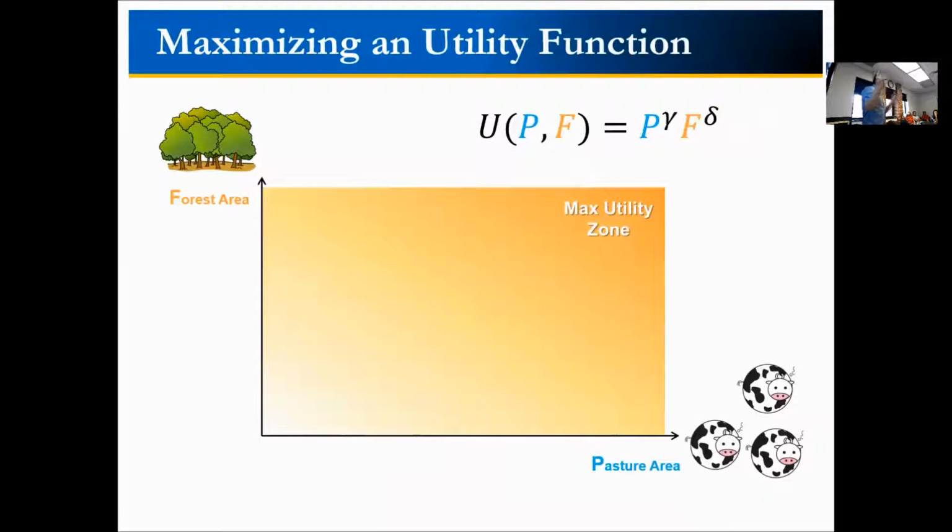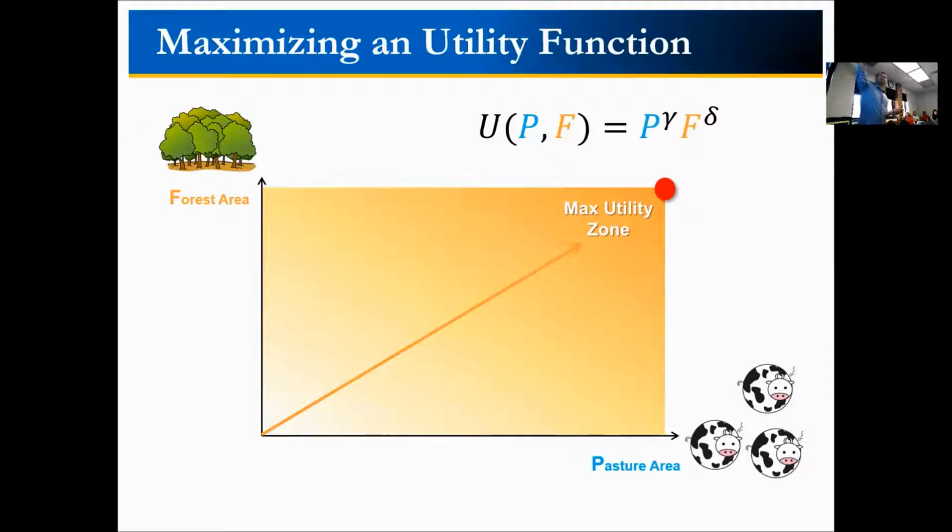But that is a fairly complicated utility function, right? Because you have like 5 variables, and that's really a nightmare to maximize. But you can make it a simpler one. Let's just assume that you have farmers that care about the forest area they have in their farm, but they also care about the pasture. So you can potentially describe those farmers with this utility function, which is a function of the amount of pasture and the amount of forage.